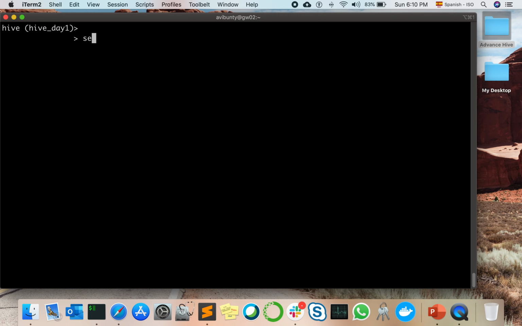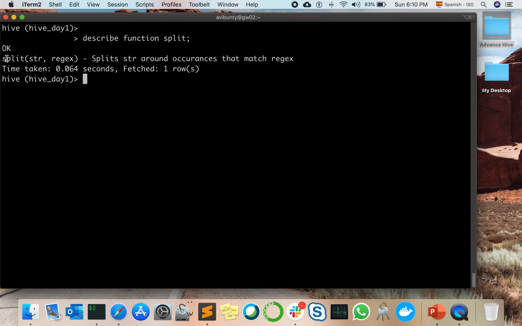Describe function split. Okay, it expects a string and a regex, right? So what I can do is use select split,